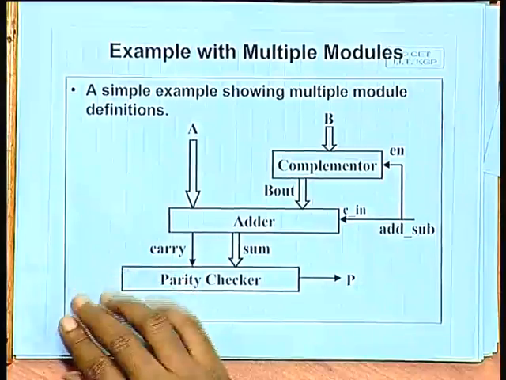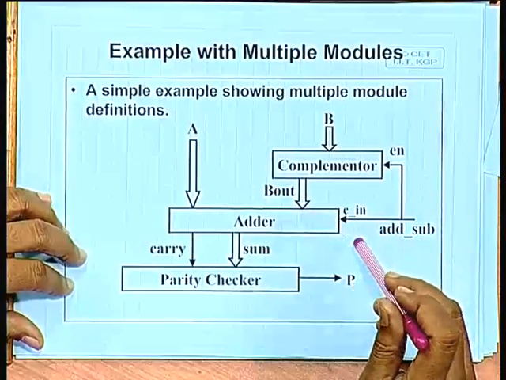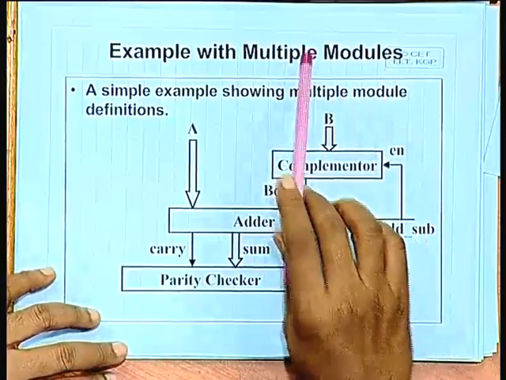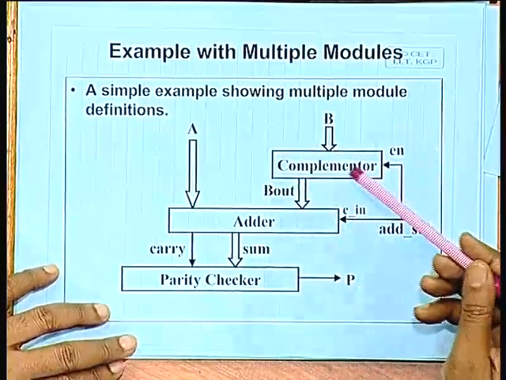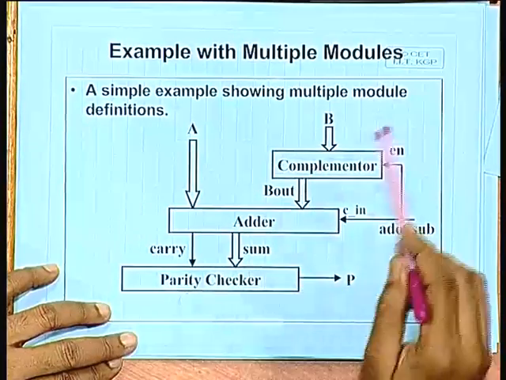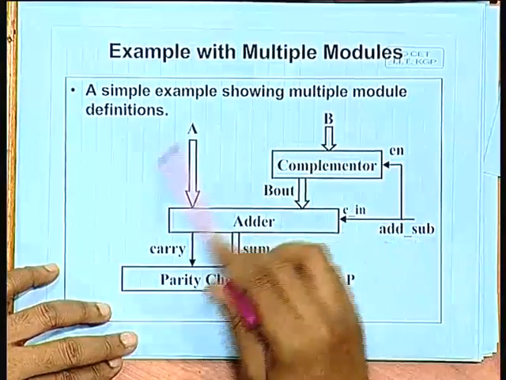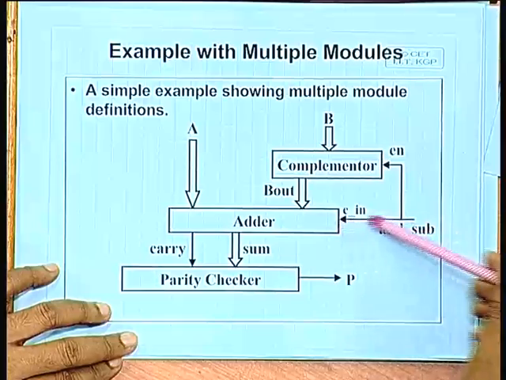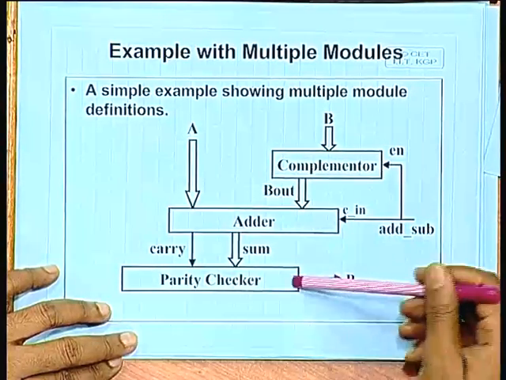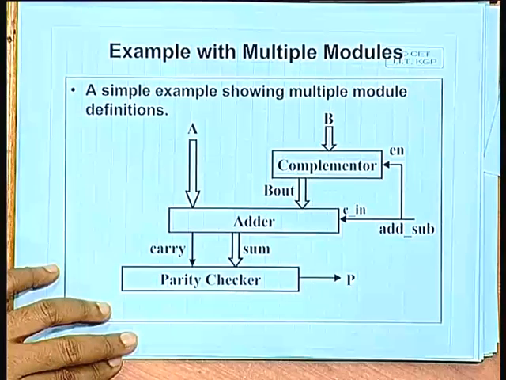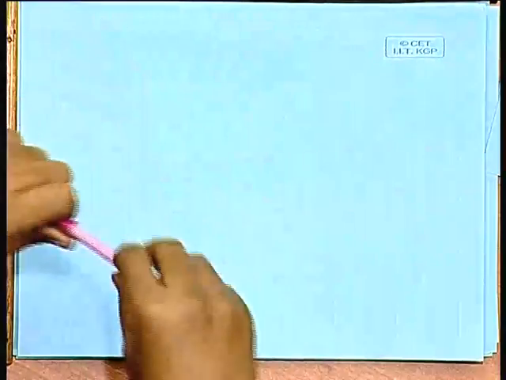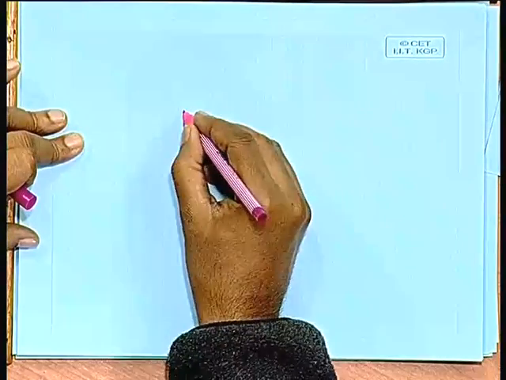Now, this is a hypothetical example. I have again taken this for the sake of illustration. This is one example where, as you can see, we have 3 different identifiable modules. Now, actually what we want to do is that we have an adder subtractor and we want to check the parity of the result. So, actually what we want is something like this. We want to design a block